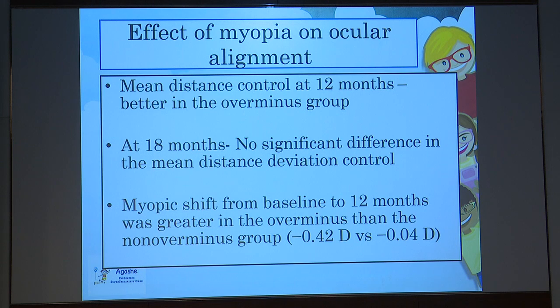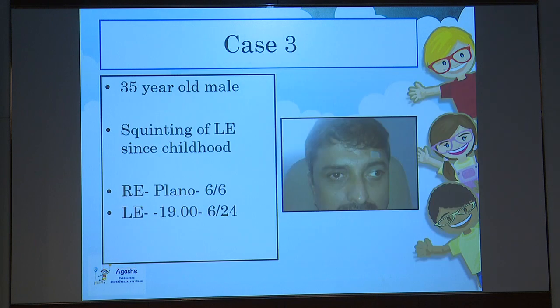But a significant finding was that there was a myopic shift that they found in children who were wearing the over-minus glasses. So we have to just keep a watch as to whether their myopia is progressing and whether this could be a factor. Moving on to case number 3, this is a 35-year-old male presenting with squinting of the